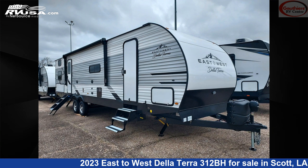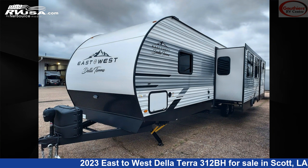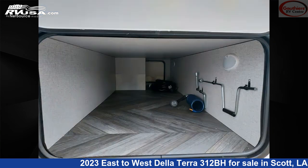This 2023 East to West Della Terra 312BH is a travel trailer RV. It is located in Scott, Louisiana, 70583 and is offered for sale by Gauthiers RV Center. This new East to West is 38 feet 0 inches in length and features 2 slideouts, a silver birch interior,